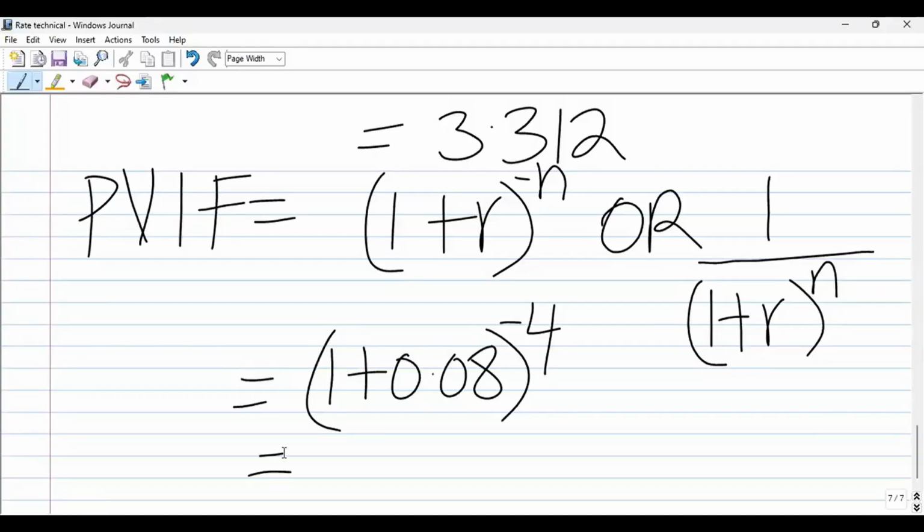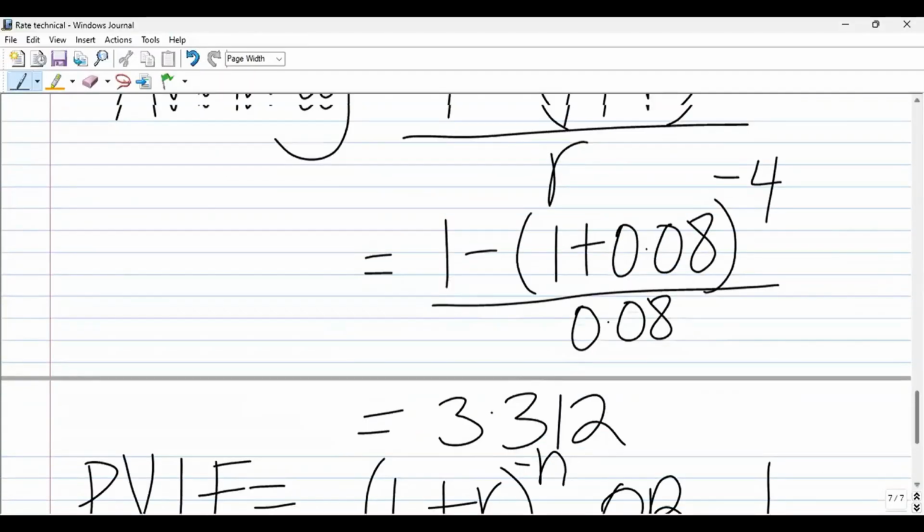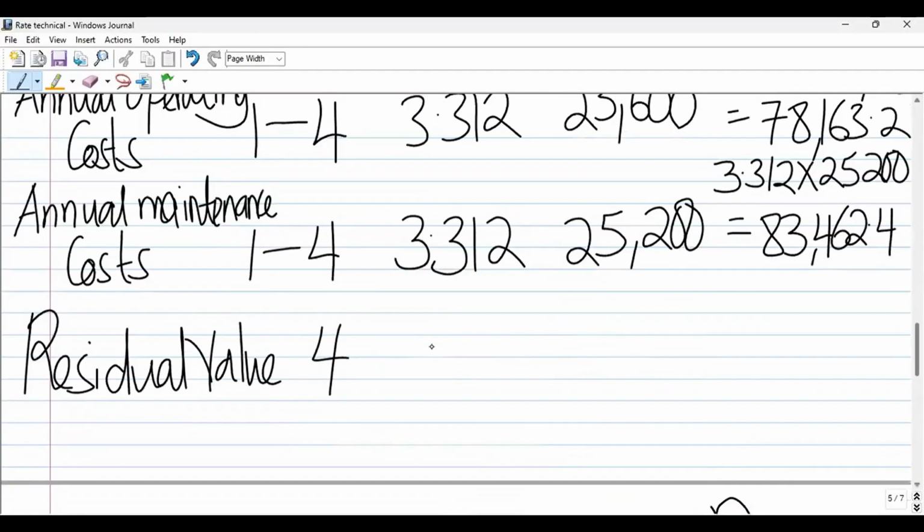What do you get there? 0.735. So come and show here 0.735. So if it's on 1 year, use PVIF. If it's 4 years annual, then you use annuity. So here, the amount they gave us is